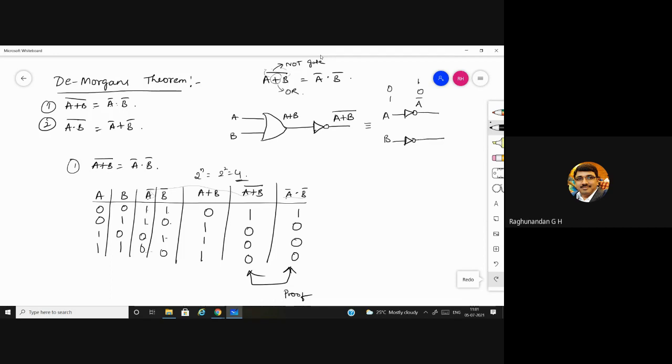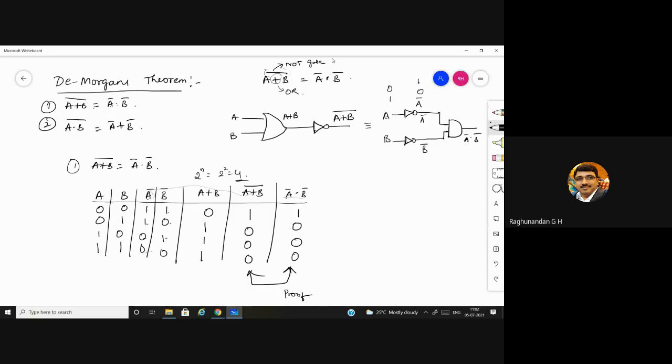So A passed through a NOT gate gives A bar, and B passed through a NOT gate gives B bar. After that, we pass them through a gate. Which gate do you need for multiplication? The AND gate. So this is the equivalent circuit we have: A bar into B bar.